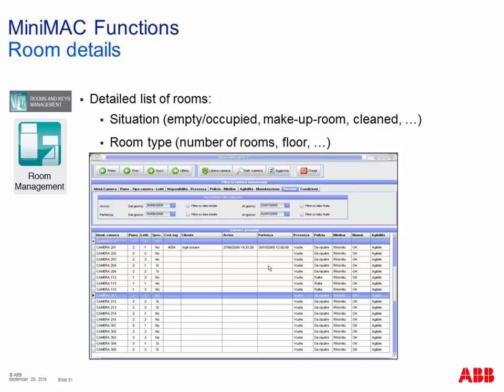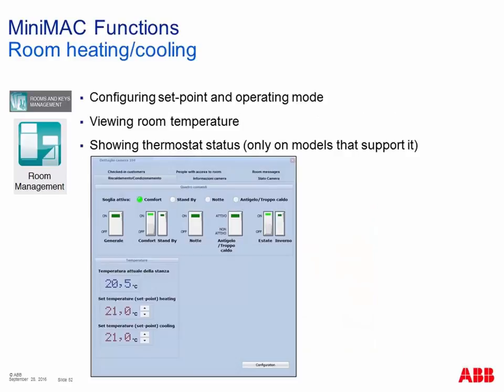Then in this view, you can also access a small supervision menu related to heating and cooling. So in every room you can have, if you want, a KNX thermostat, and using this view, you can link the thermostat communication object to MiniMAC in order to have a small control of the room heating and cooling. So for example, see the temperature, modify the set point, switch the thermostat on or off. So a small